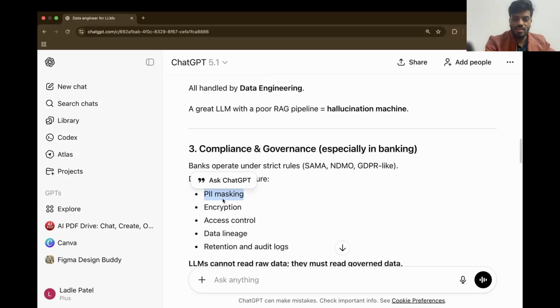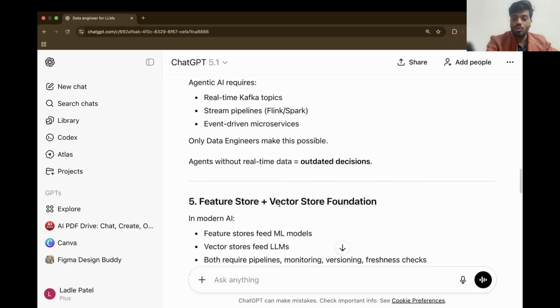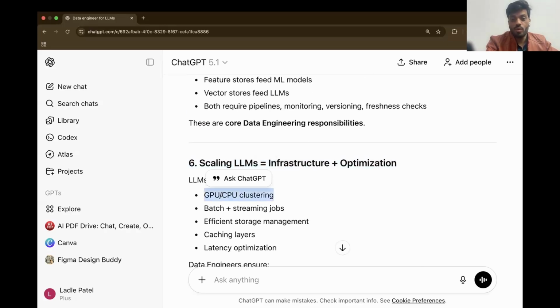So that's where the second, real-time agent comes in. As a data scientist, I only know about simple batch, like day minus one. How do I integrate the code in a way that the same code unifies both batch and real time? There were many scenarios where we wrote separate code for streaming and separate code for batch. So how do I enable these two? We need someone who understands this, right? So this is again data engineering. Feature store, scaling, GPUs.